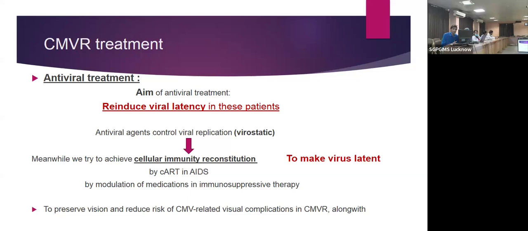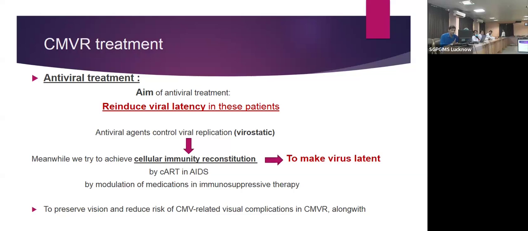What is the aim of antiviral treatment? The aim is only one: to re-induce virus latency, as in immunocompetence. We can't eradicate or get rid of the virus; nobody in the world can do this. Whatever viral replication has started, we can stop the replication and induce viral latency with whatever treatment modalities we have as of now. That is the reason most of the drugs are virostatic in nature. And